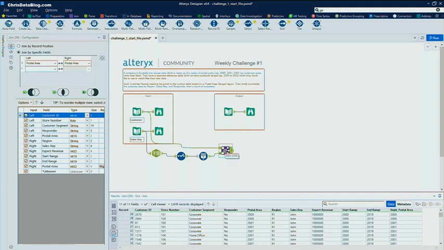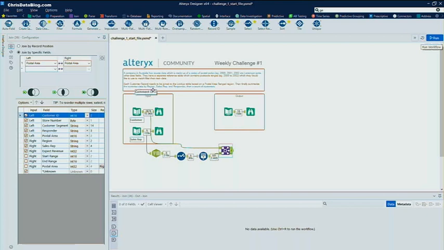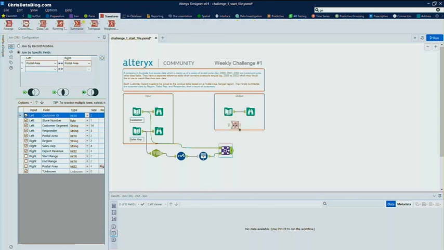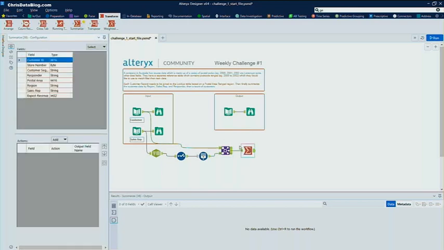What you can do within a join tool is there's a bit of duplication of the data. So we don't need postal area again on the right hand side. Actually we don't need the start range and the end range condition on that. Now we've got that, we can go back to the question. So the question was, for each customer record, we've joined it on a lookup table. Then we basically need to finally summarize this by customer data by region, sales rep, responder, and then a count of customers. So if we do transform and bring in the summarize tool on the join,